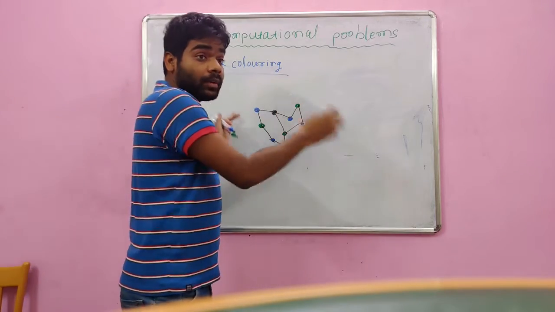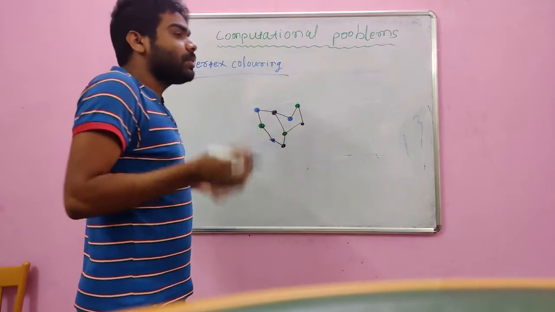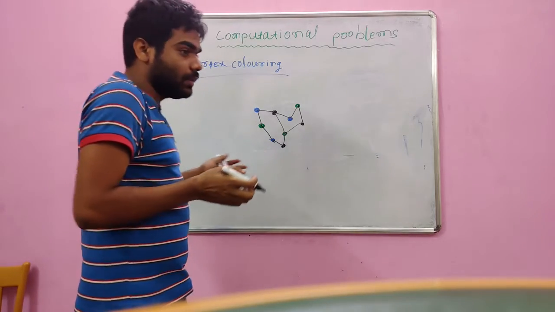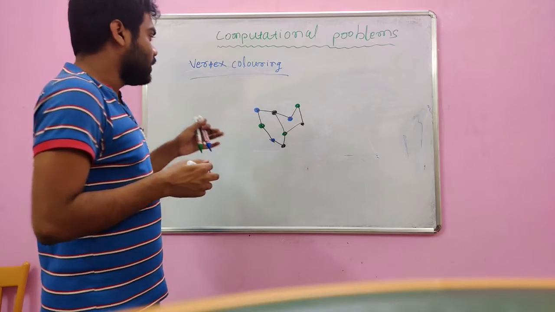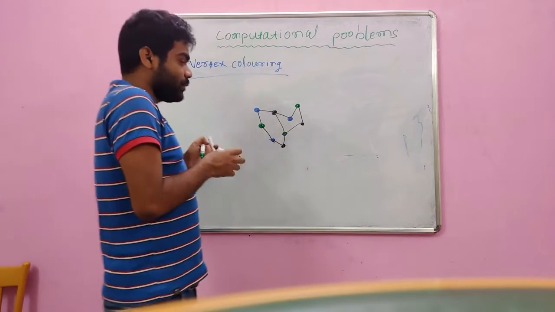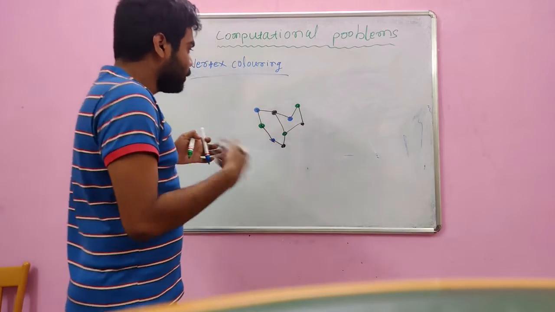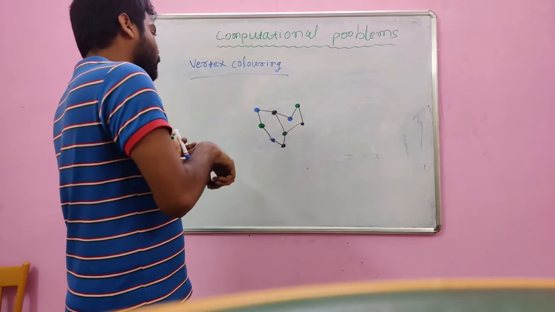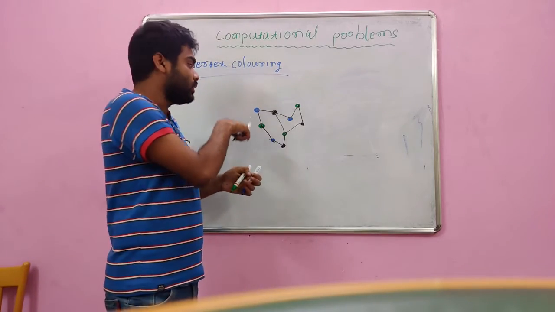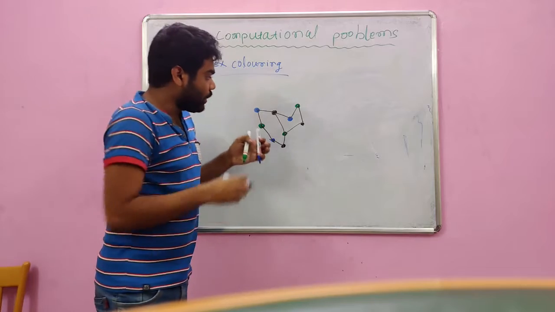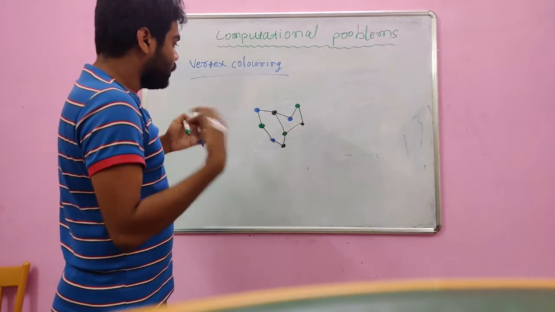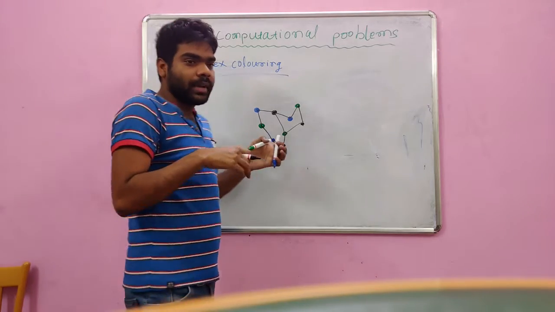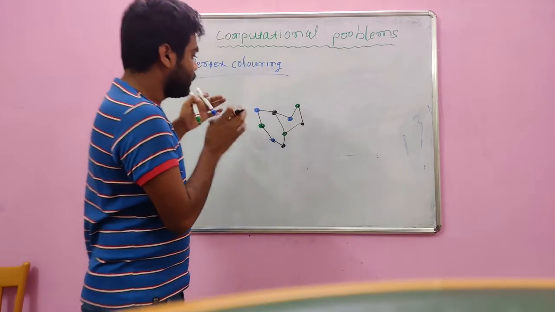Suppose you have more vertices, there are millions of combinations for this type of problem. So it is very difficult to solve this in polynomial time. These are very difficult to solve. So we have to convert this into a deterministic problem. Then we have to verify its answer with this sequence. So for different sequences, you have to put some algorithm. Then only you can get the answer.